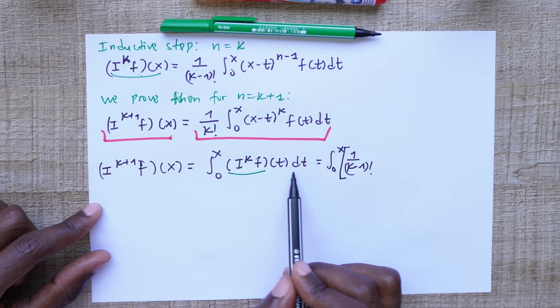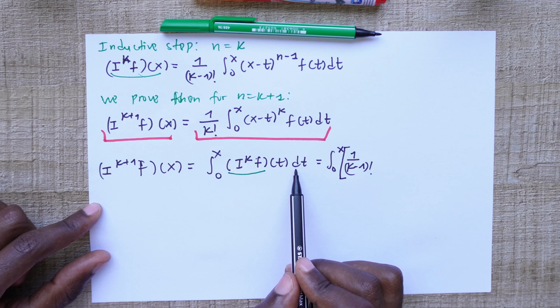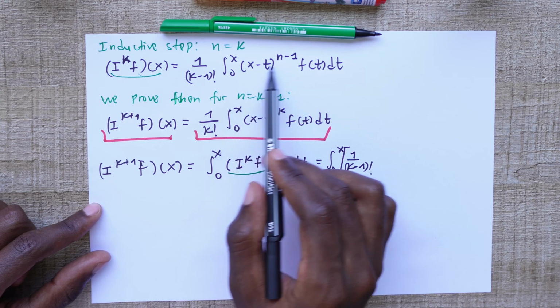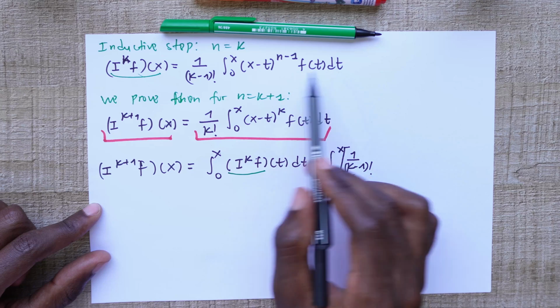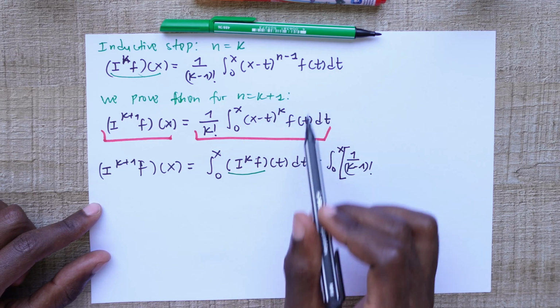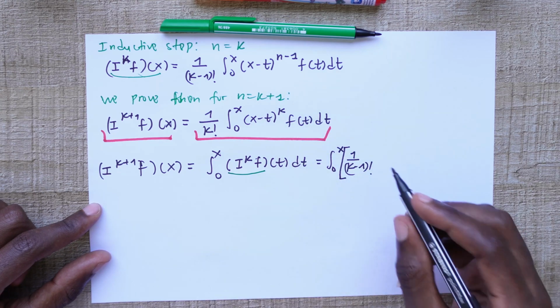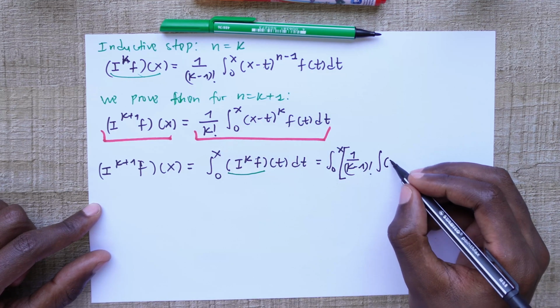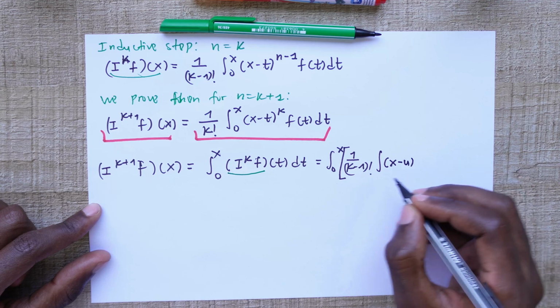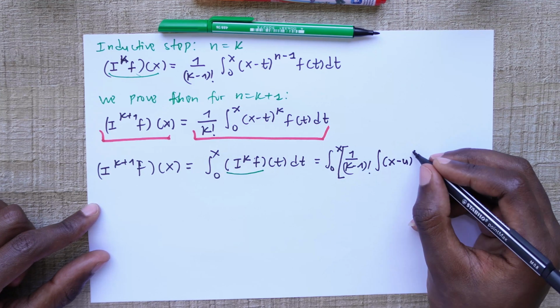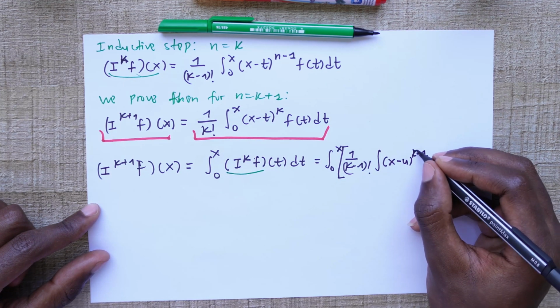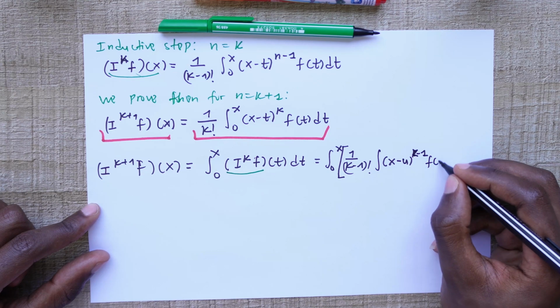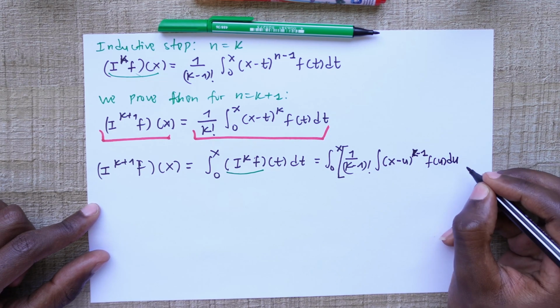And then here we also have another variable t. So we need to change the variable here in order to avoid any ambiguity. So let's say we decide to, instead of putting t here, let's put u. So we have x minus u to the power k minus 1, times f of u du, and then